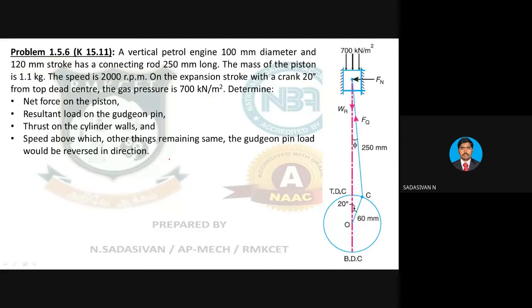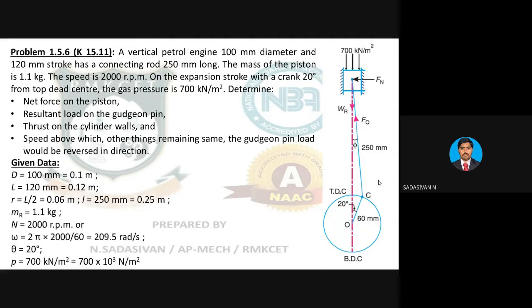Now let us write down the given data. Just have a look at the diagram on the right side of the screen. That setup is given to you. Theta is 20 degrees. Crank radius is 60 mm, indirectly, since your stroke length is 120. Don't expect this diagram in the exam. This will not be given. The diagram is given for additional information. You don't need this diagram to solve the problem, but it is given as an illustration. In the exam, you will not get diagrams in your question paper. So it is not necessary to solve the problem.